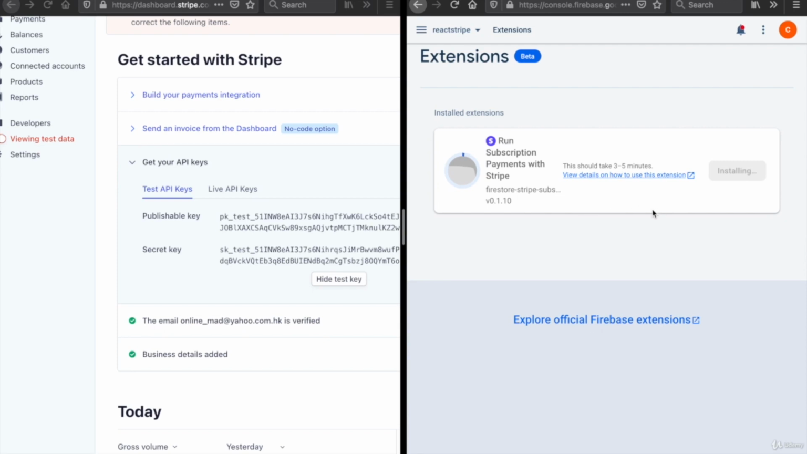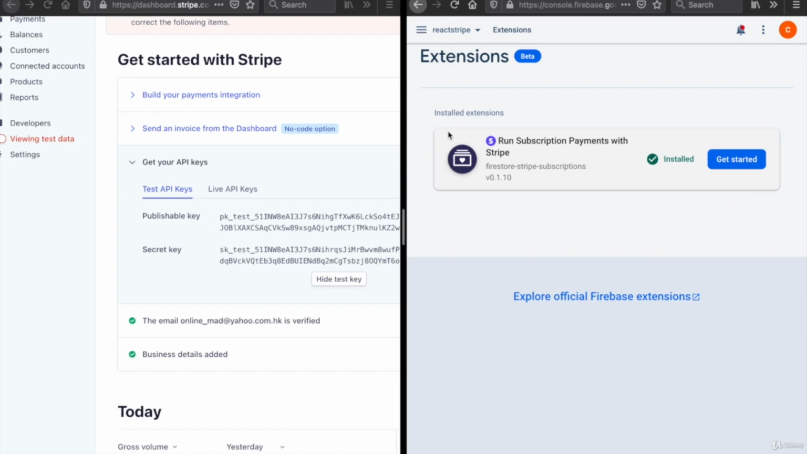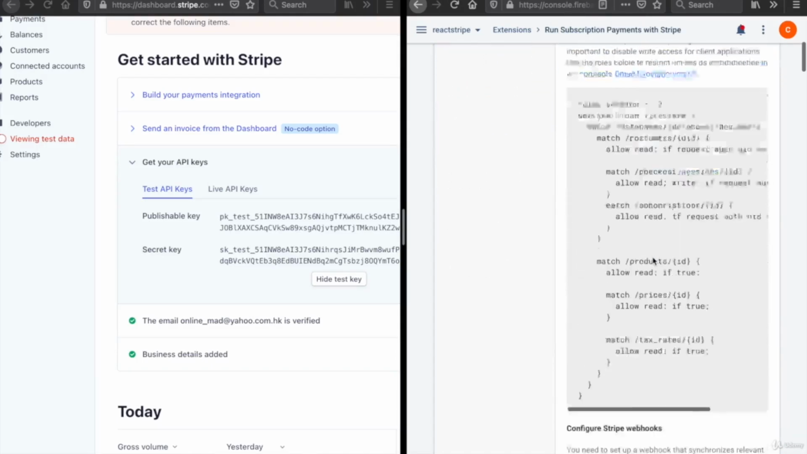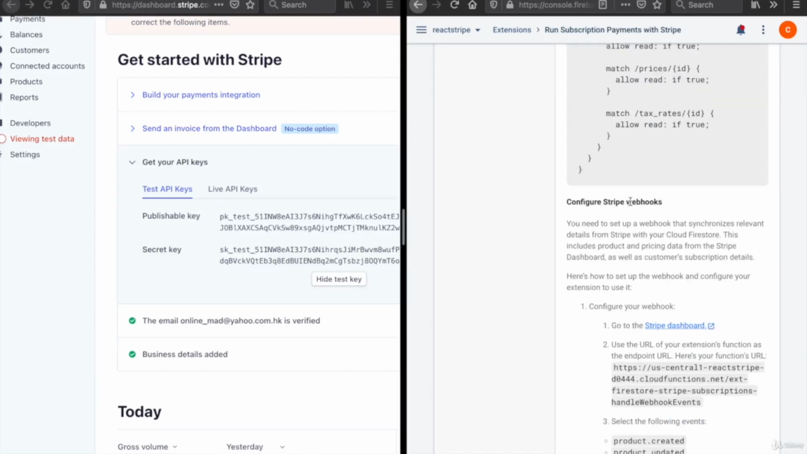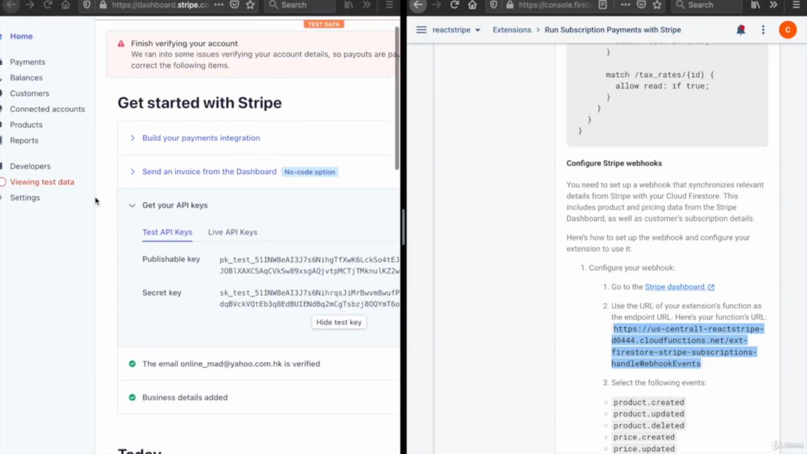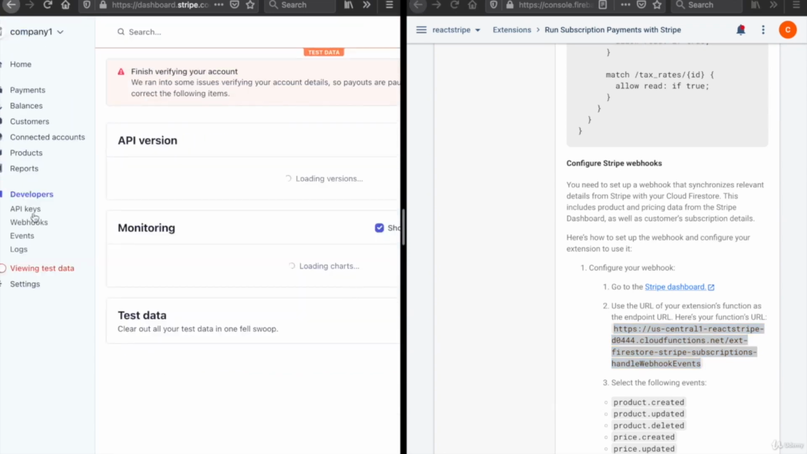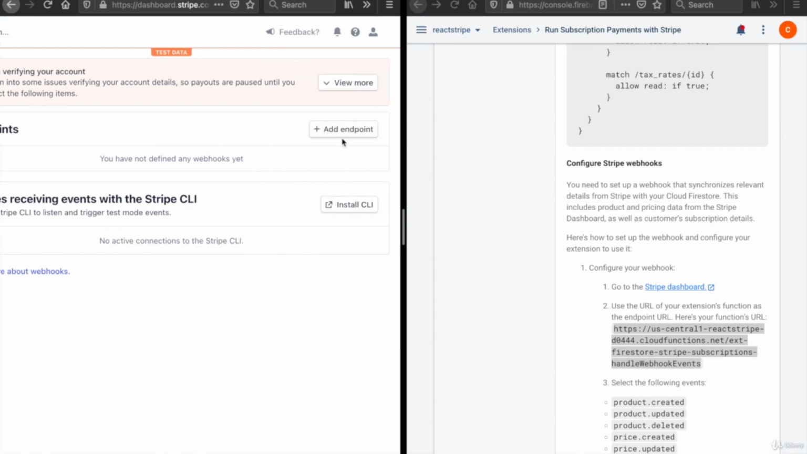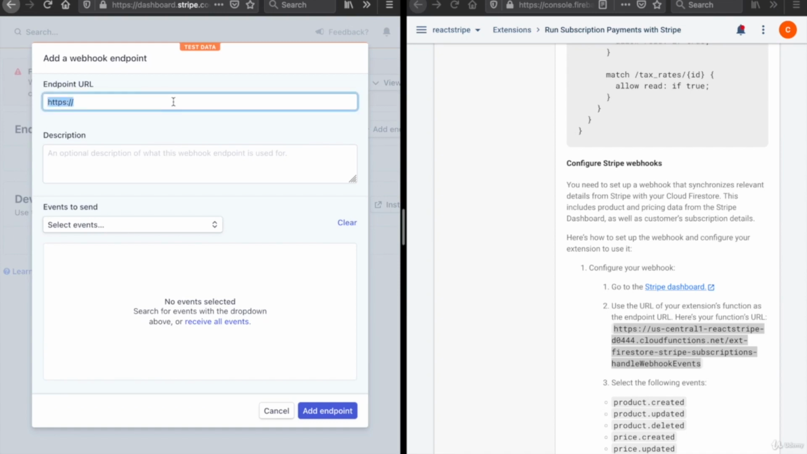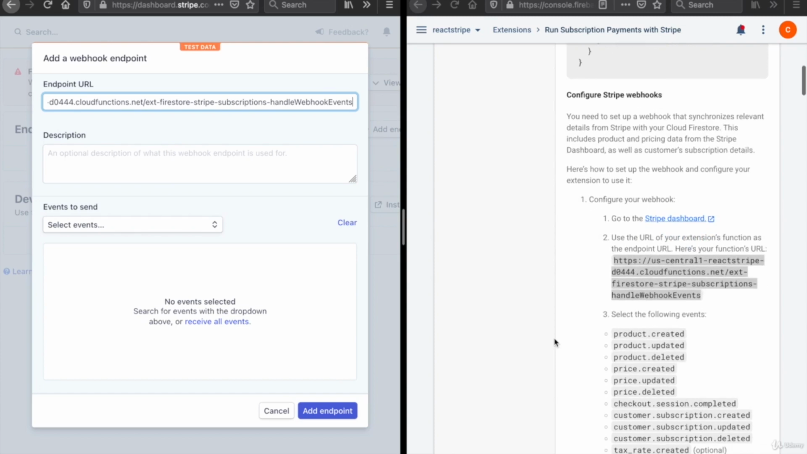Now after we install the Stripe extensions, we can go to click on the get started, and you can see there are some steps to configure your Stripe webhooks. So the first step is to copy this endpoint and paste it to your Stripe dashboard. So we go to the developers and go to the webhooks, and then we can add endpoint here. So we click on the add endpoint and paste to this area, and then the next step is to select